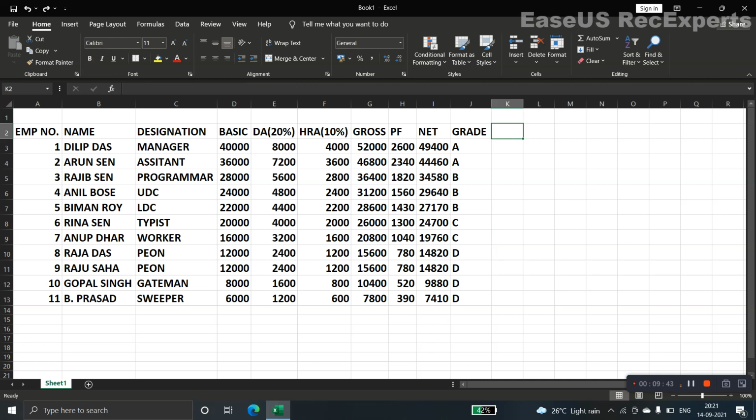So I advise you to see the IF formula from your book or any study material to understand the grade, and then it will be better for you to apply it here. Okay, so